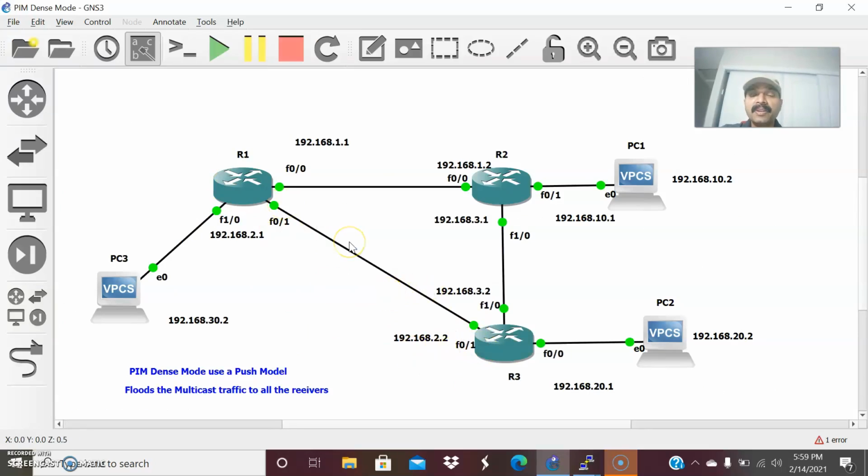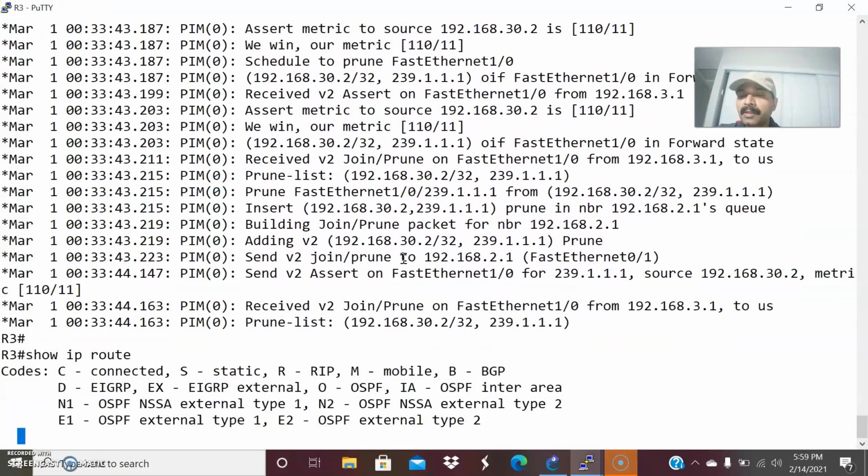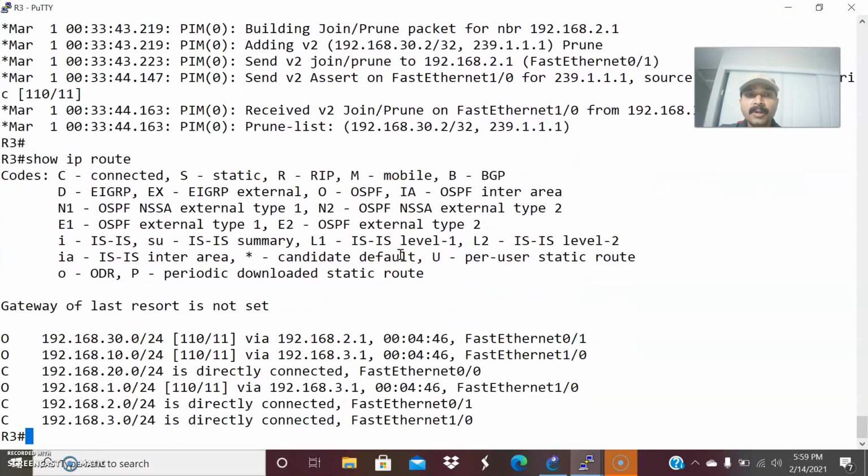So this is a way of preventing loops around the network, right? Assume the data is forwarded on one network and it is received on some other network, there is a chance for a loop to form. So to prevent the loop formation, multicast uses a scenario called RPF, that is reverse path forwarding. So you are following this. What is exactly the reverse path forwarding?